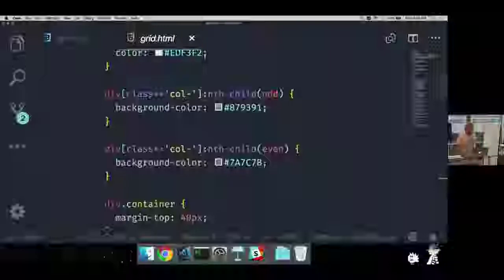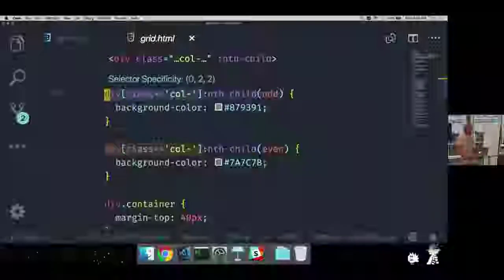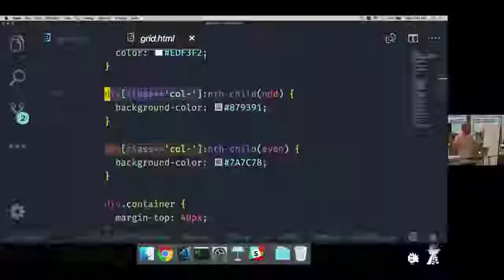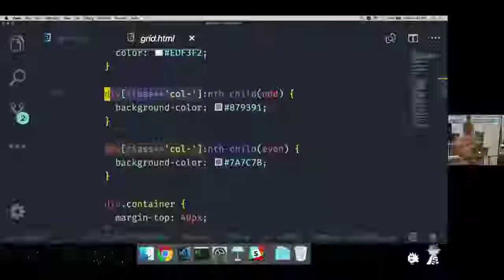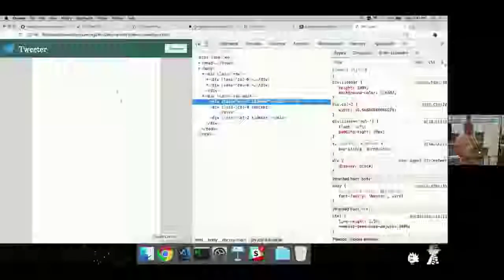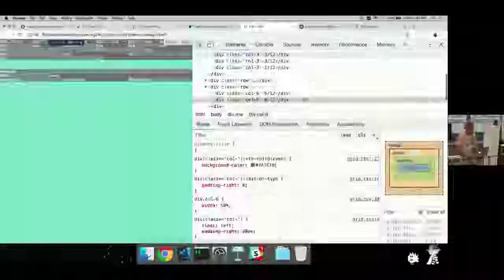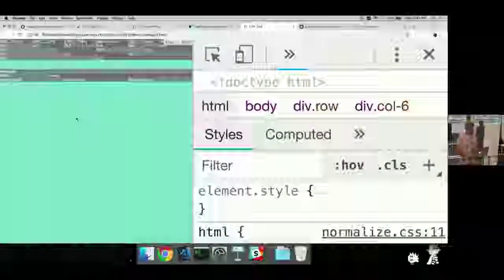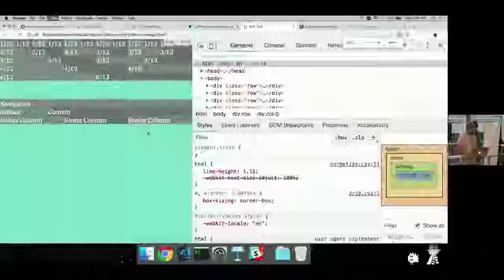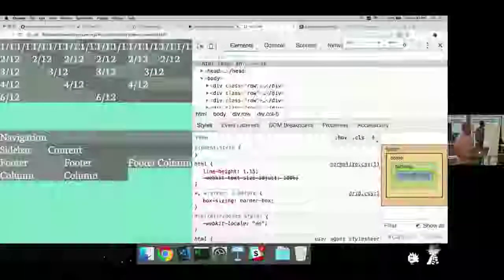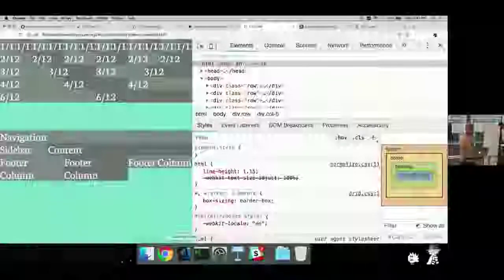The reason I didn't want to talk about it right away is that this, the nth-child, and the odd, all of that combined is quite a bit. But now we know what this matches: it's all the columns. Then it takes all the columns that it matches, finds each odd child, and only applies this style to the odd children. And it applies this style to the even children. That's where I'm getting this alternating, oops. Oh, come on. I just want to zoom this other side. Click. There we go. That's how we're getting these alternating column colors, through those selectors there.